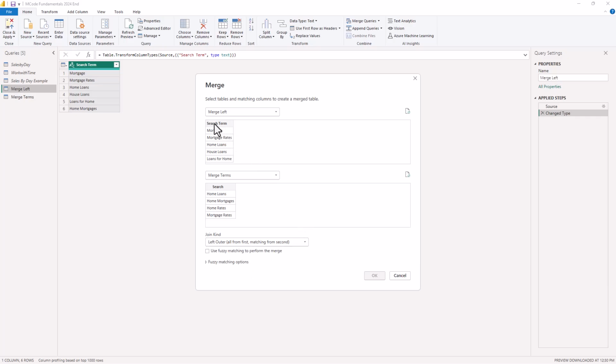So now we want to select the search term from the left. We want to select search from the right. And what you'll notice is this selection matches 3 of 6 rows from the first table. That means there's 6 search terms on the first table, merge left, but only 3 of those were found on the next month of popular search terms. Now, you probably could have done this without using a merge query, but when you have hundreds of search terms,